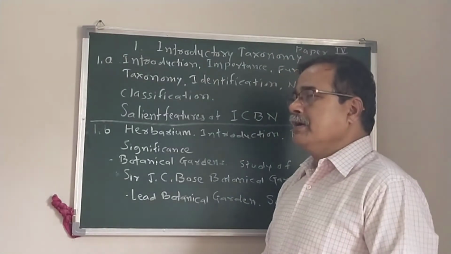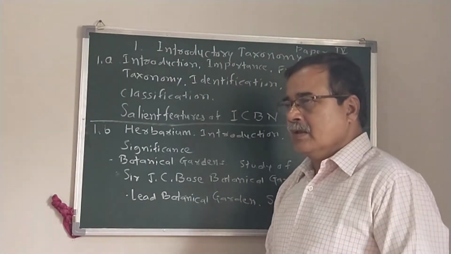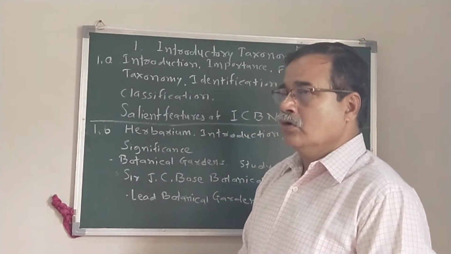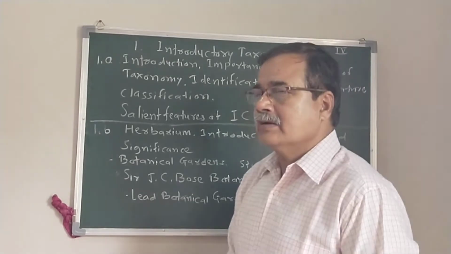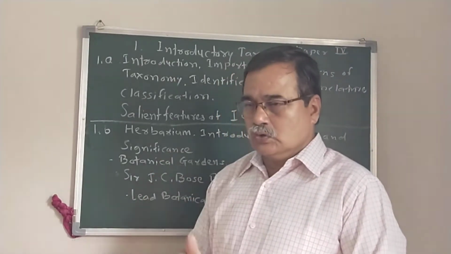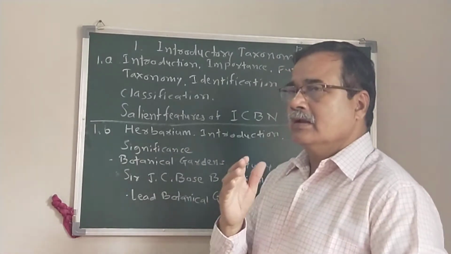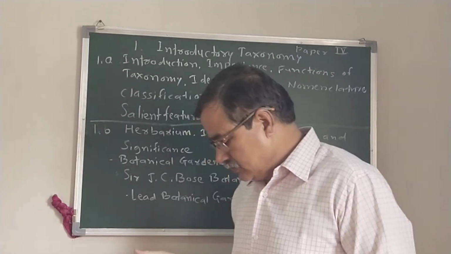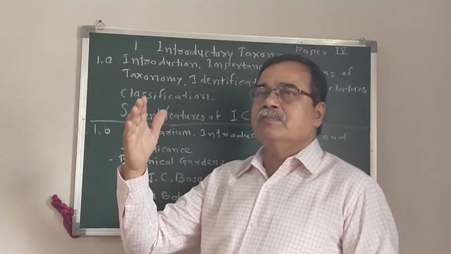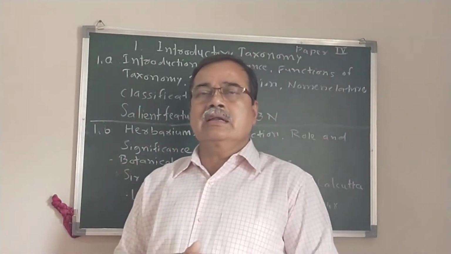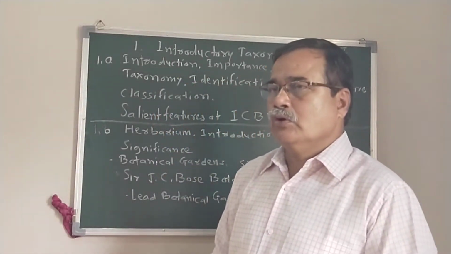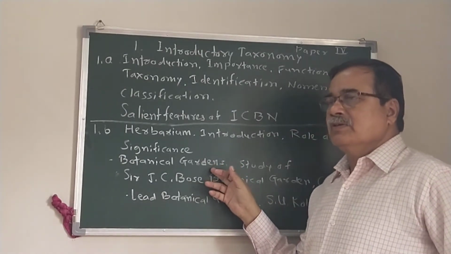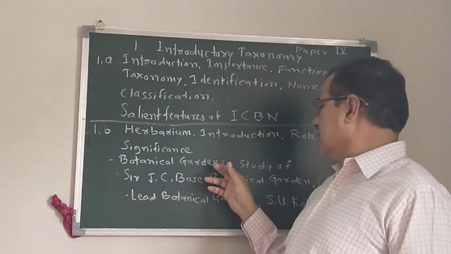Then the next point is the botanical garden. The plants in danger, the plants from a particular area, are collected and stored in the herbarium. This is the Botanical Survey of India. Indigenous plants are going to vanish. Such important plants are to be cultivated and maintained in particular places, which are known as gardens. Important taxonomical plants are cultivated there.